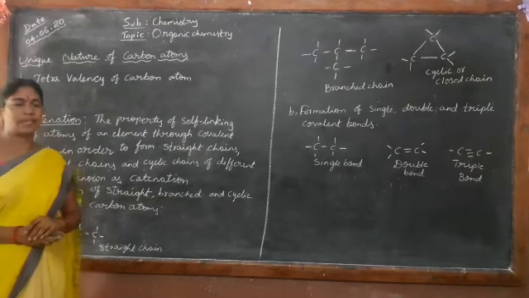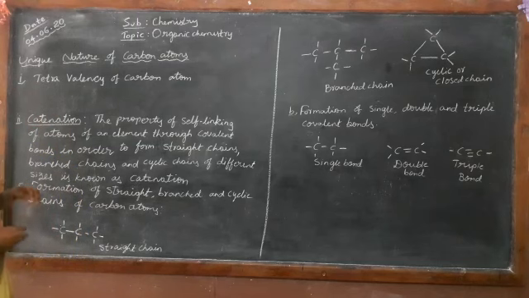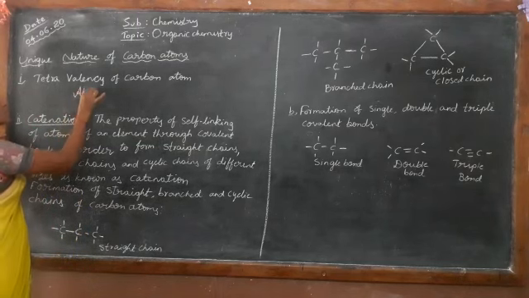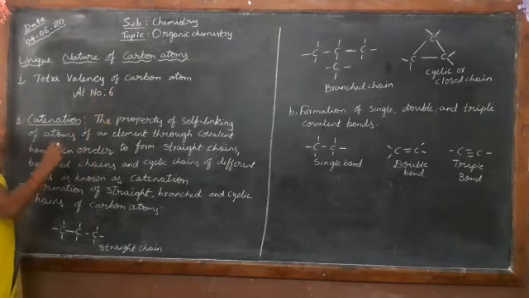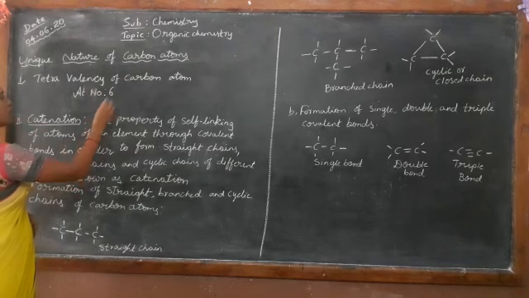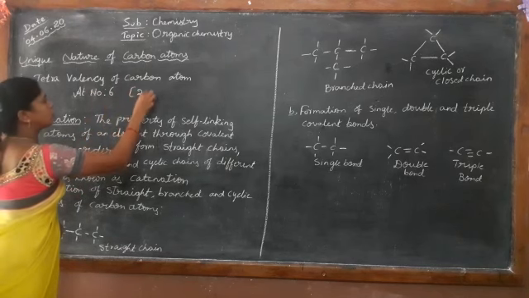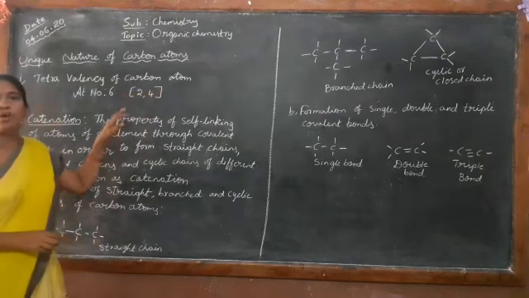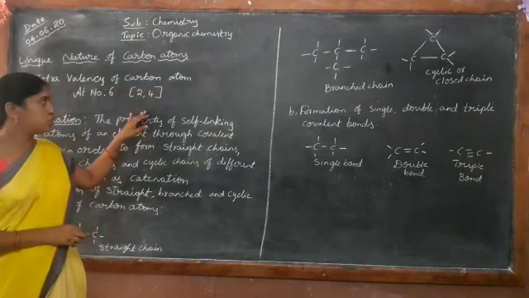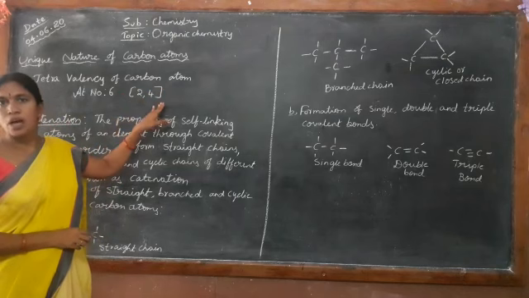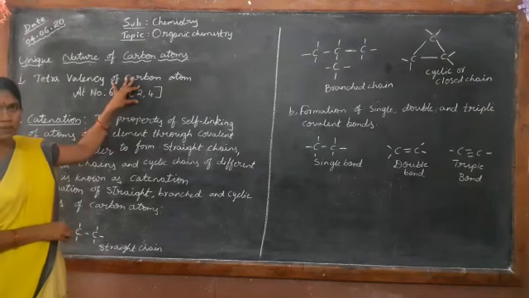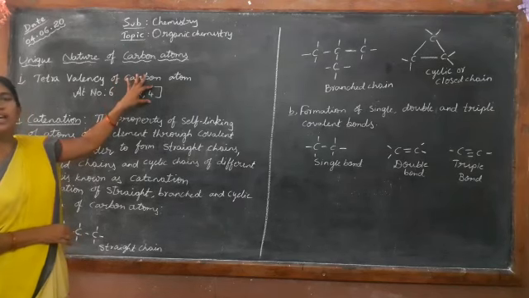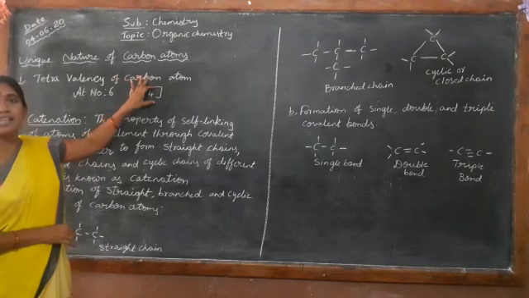Now let us know about that. What is the atomic number of carbon? Atomic number of carbon is 6. How can we write it? We can write this 6 in the electronic configuration as 2, 4. So atoms, in order to attain the octet configuration, will lose electrons or gain electrons. Already the first orbital is filled with 2 electrons and the second orbital is filled with 4 electrons. That means exactly half of the octet configuration.